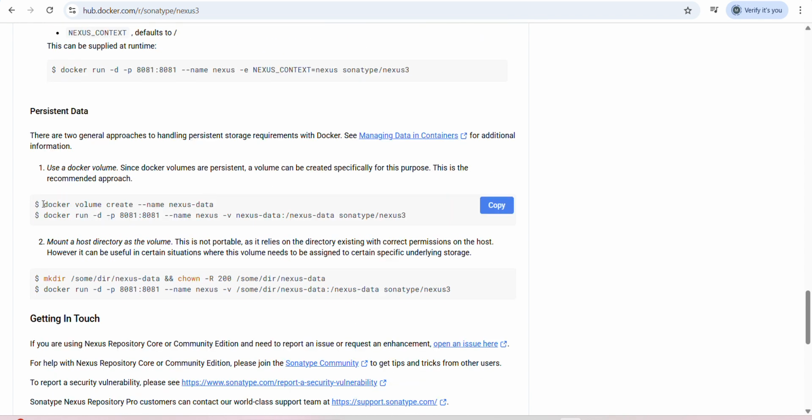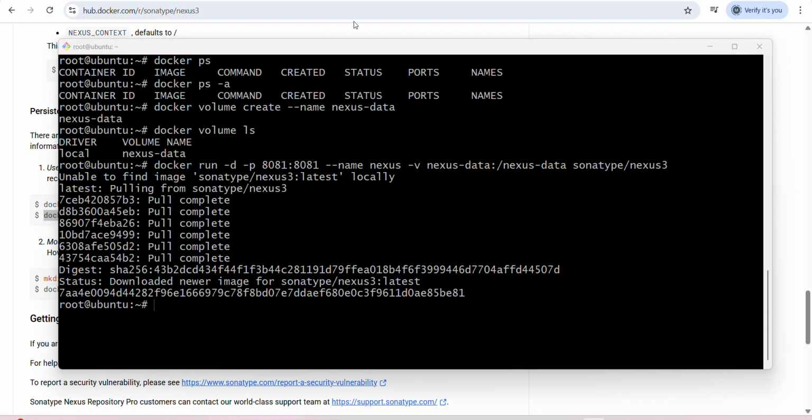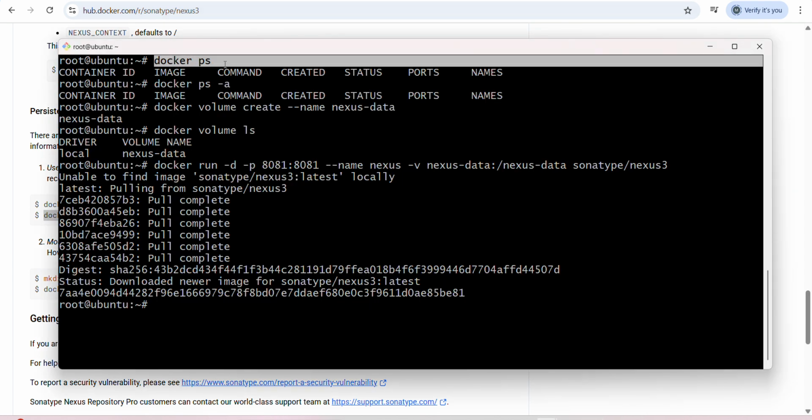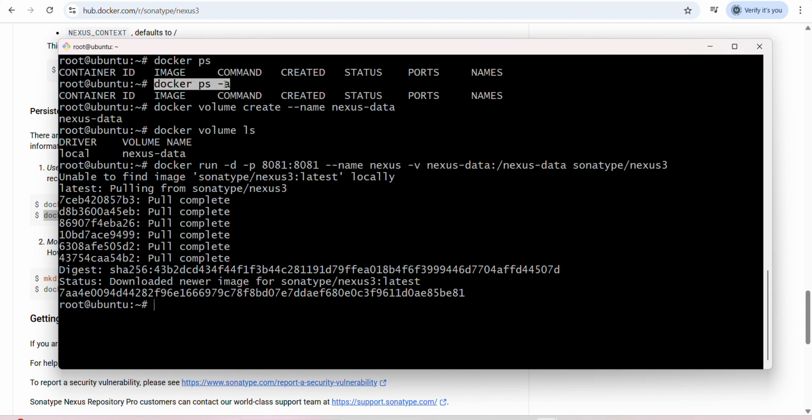first I will run this command, and after that I run this command on the Ubuntu Linux machine. First I check the docker ps command, there is no container, and after that I check docker ps -a, so it will show the list of running and stopped containers. At present it does not have any running container, so I created a volume by using docker volume create --name nexus-data. So this is nexus-data, and I check the volume by using docker volume ls,